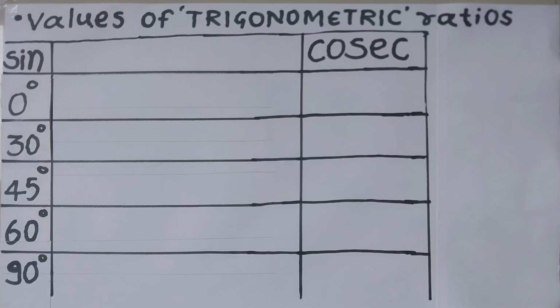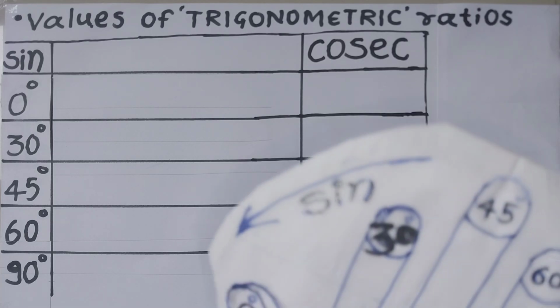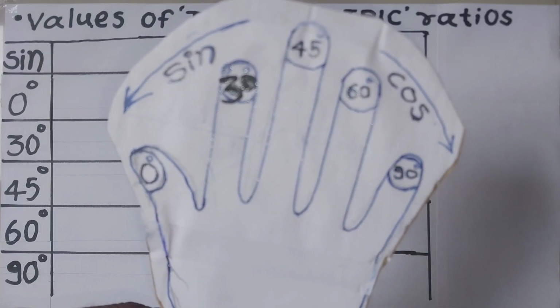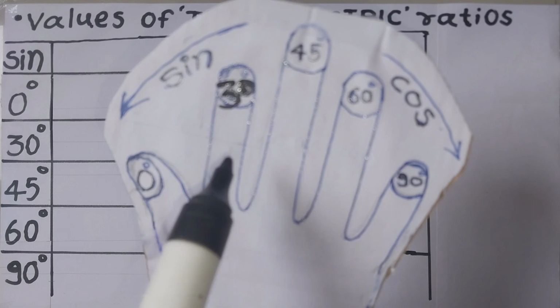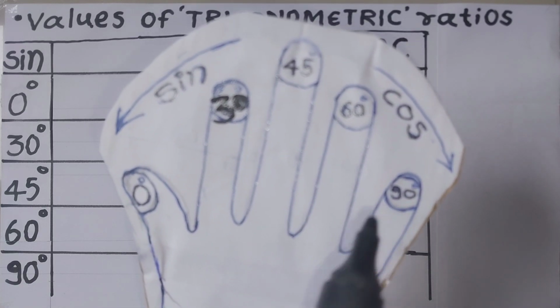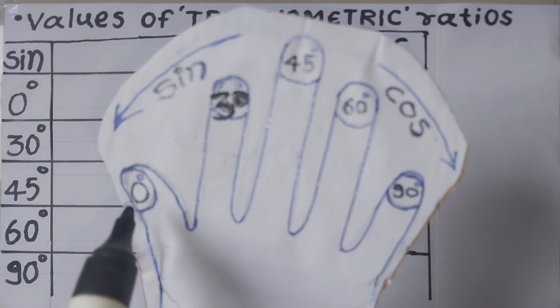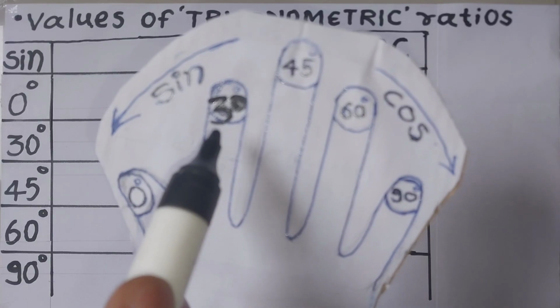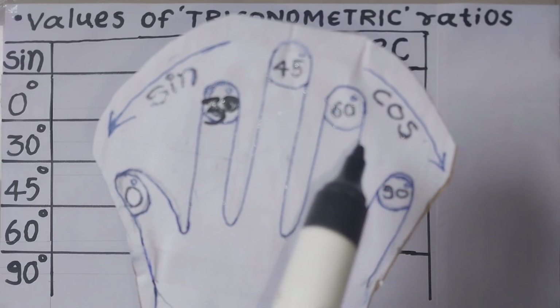Today we are going to learn how to find trigonometric ratios and their values with the help of the fingers of our hand. Now I will show you this left hand: this thumb, forefinger, middle finger, ring finger and little finger. I have written the degrees: 0 degree on the thumb, then 30 degree, 45 degree, 60 degree and